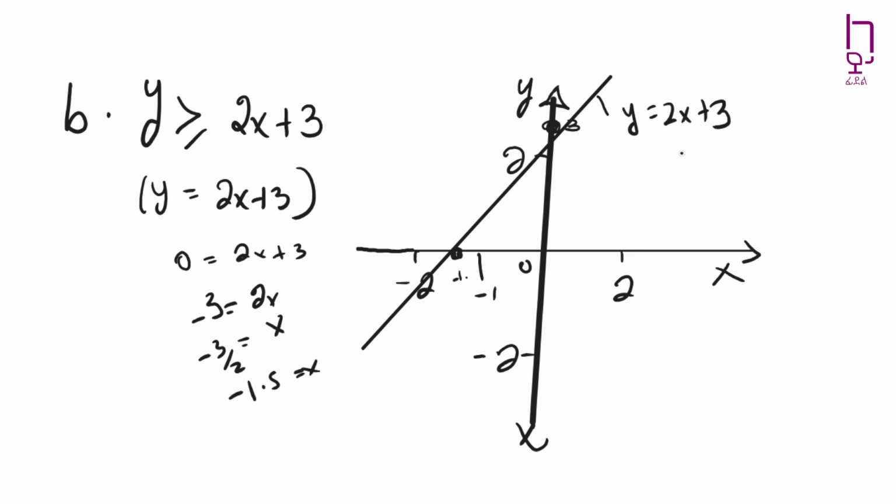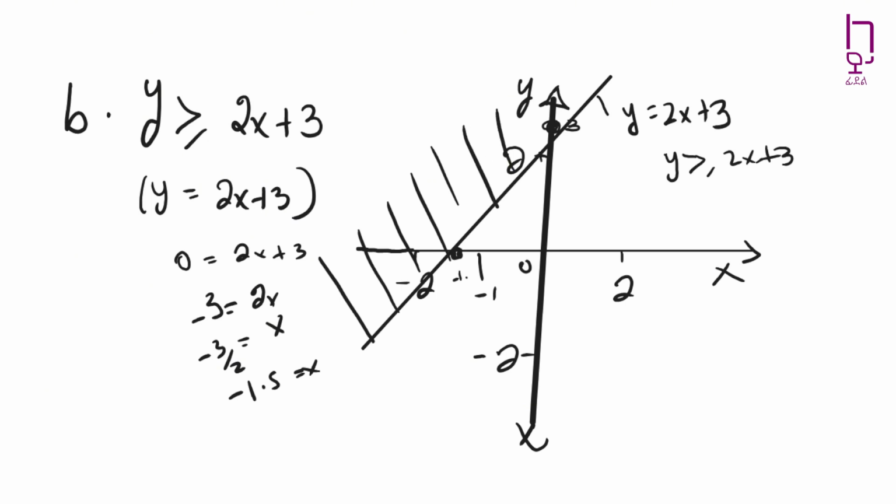Now, as said before, I will go back to my inequality. To find the solution of this inequality, I look at where y is above this line. So above this line, I'm going to shade this whole region. When I shade all this region, the whole region becomes the solution for this inequality. So this will be the final answer.